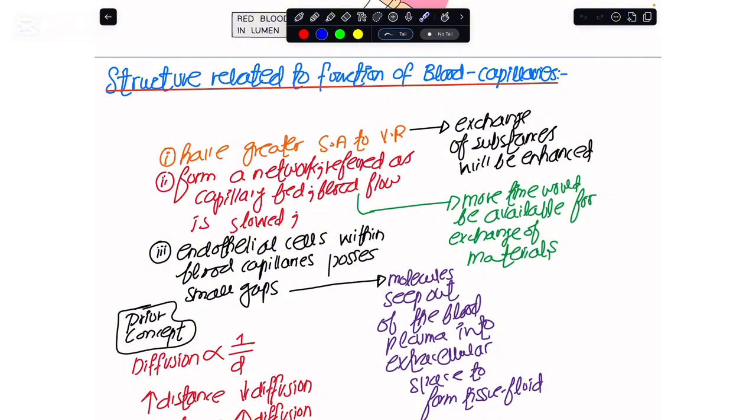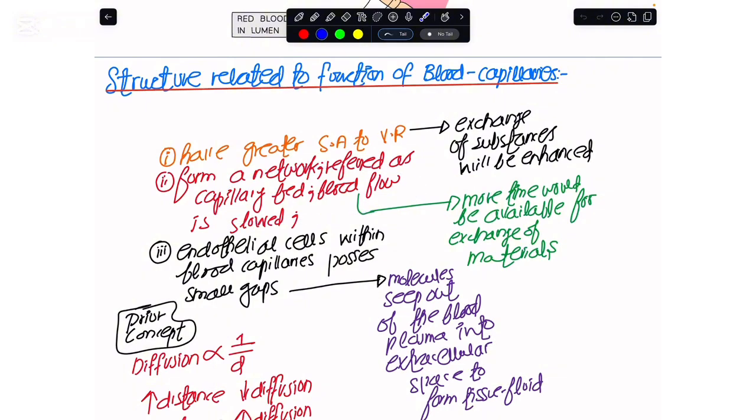Because if the blood was coming at a very fast speed in the blood capillaries, not only would it be bursting them, but at the same time, less time would be available for the exchange of materials to take place. So since they have reduced the blood flow, the time for the exchange of the material would be